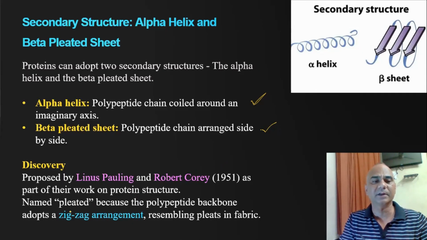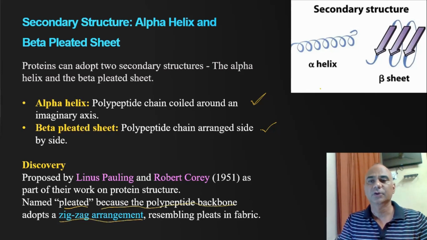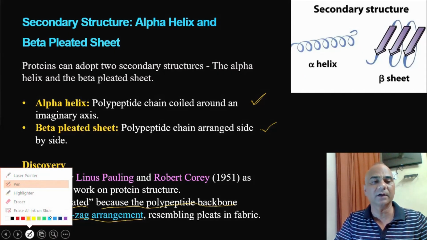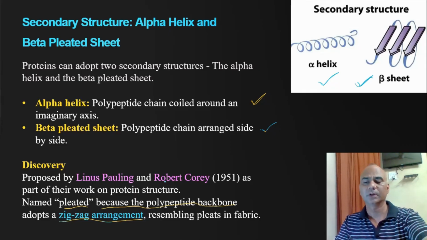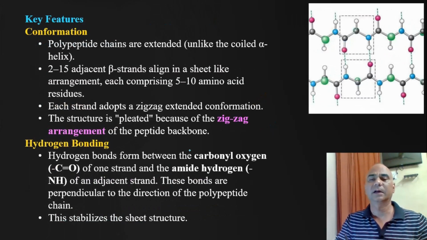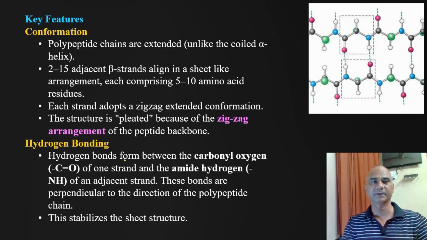We use the name pleated because the polypeptide chain backbone adopts a zigzag arrangement. I have already explained that. So here in the figure you can clearly see that there are two kinds of secondary structure a polypeptide chain can acquire, the alpha helix and the beta pleated sheet. So, to understand the exact basic feature of a polypeptide chain in the beta pleated sheet,